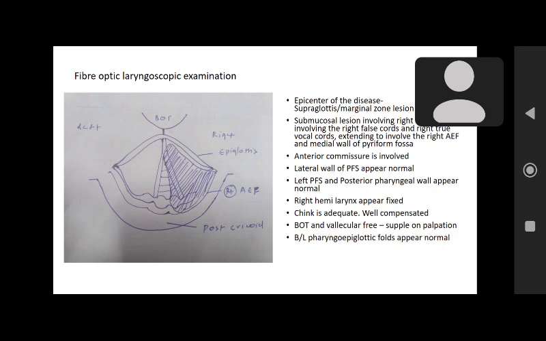Apart from that, in hypopharynx, what are the hidden areas? Ma'am, the apex of the pyriform fossa and the post-cricoid area. So tell us how it will change your management if it is involving the apex. Ma'am, if it is involving the apex, then only doing a total laryngectomy will not suffice. We'll have to do a partial